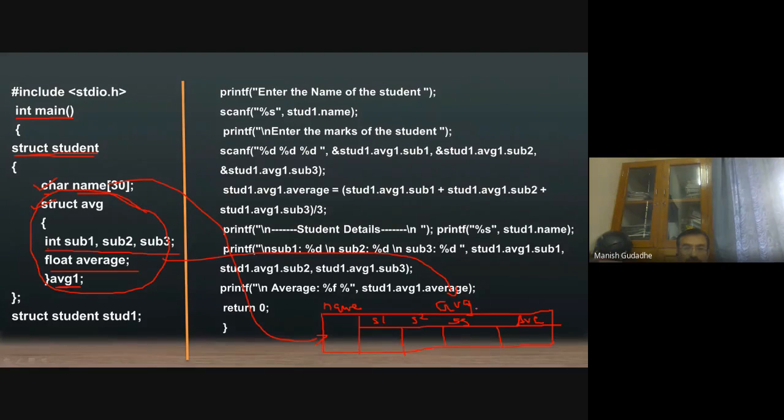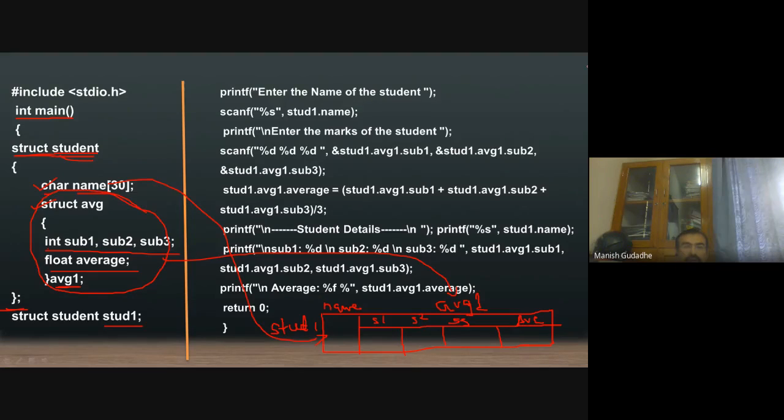So it will not be AVG, it will be AVG1. And the structure definition is closed. After closing that, we are creating a variable of type student named std1, student1. So this whole is std1. This way we can declare a structure within a structure.